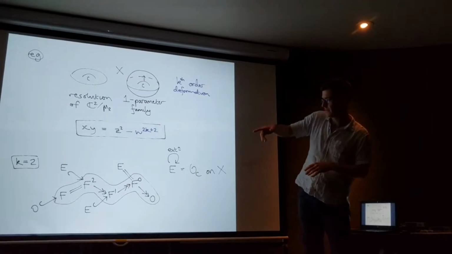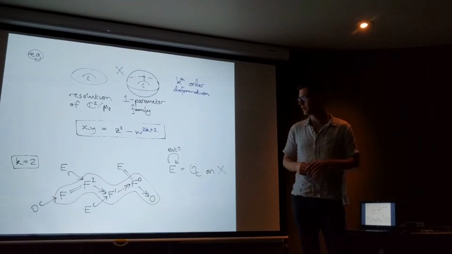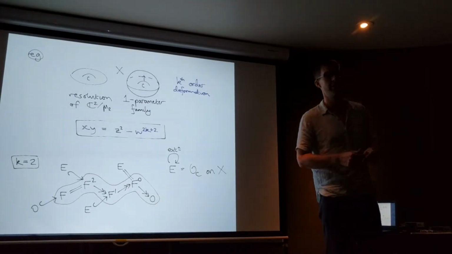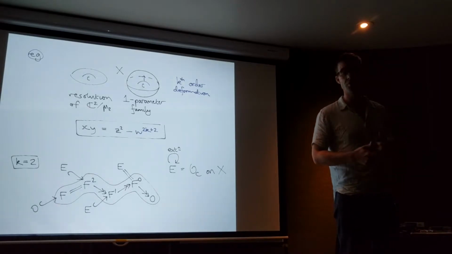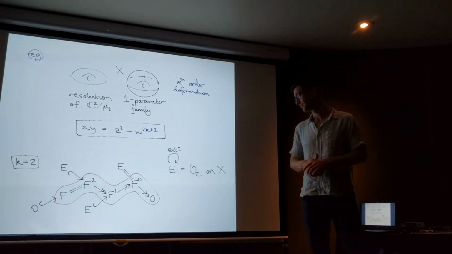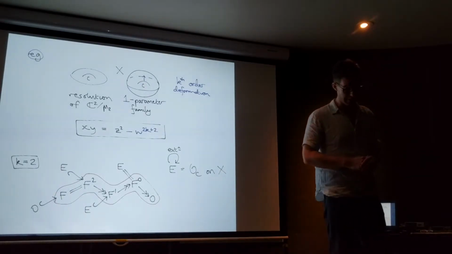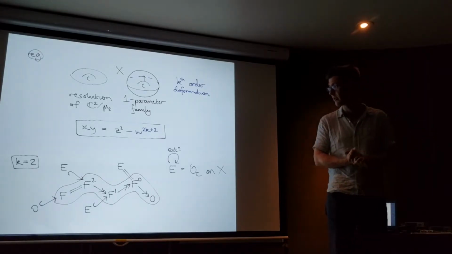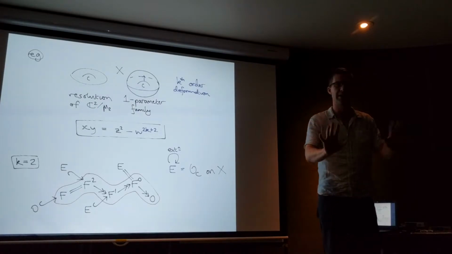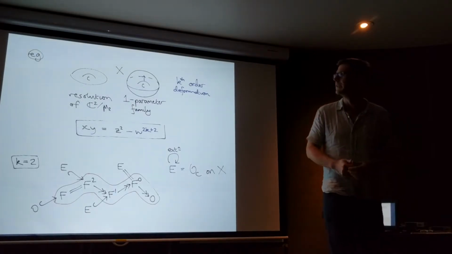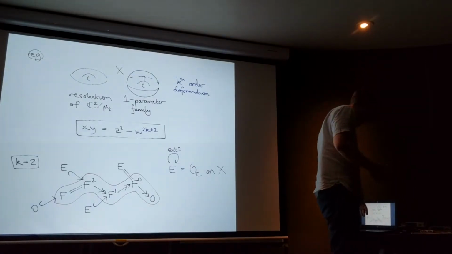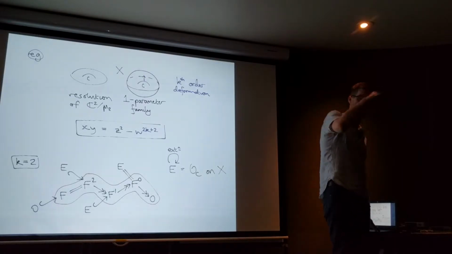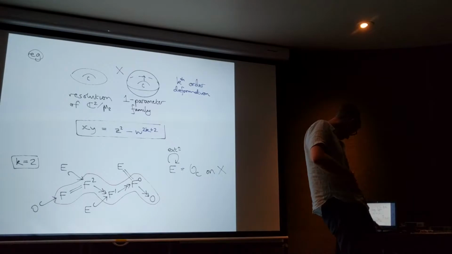But if k equals 2, as in this example, then the process stops. So F2 has no non-trivial extension by E. So that's my F, the limit is F, that is my non-commutative deformation, except in this case you can see it gives nothing new. This is just commutative, this example. But now let me go back to the original example and we'll see that it does give something new.